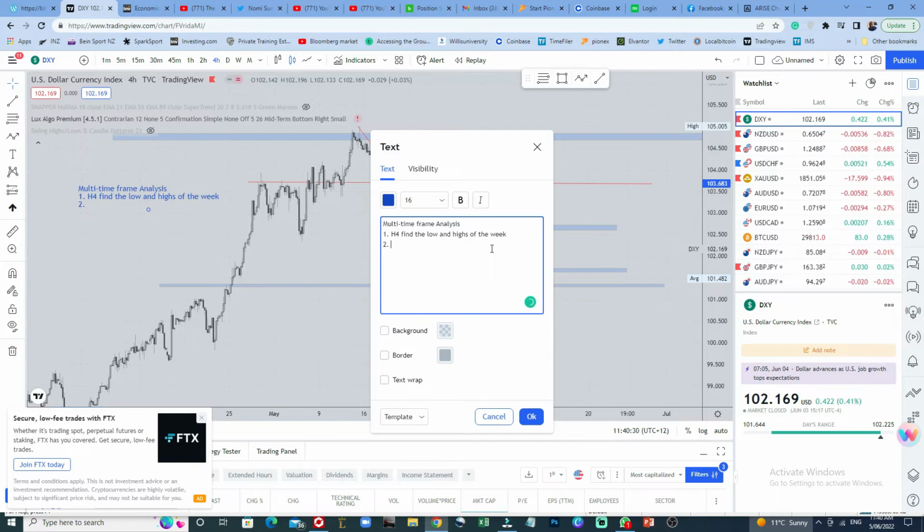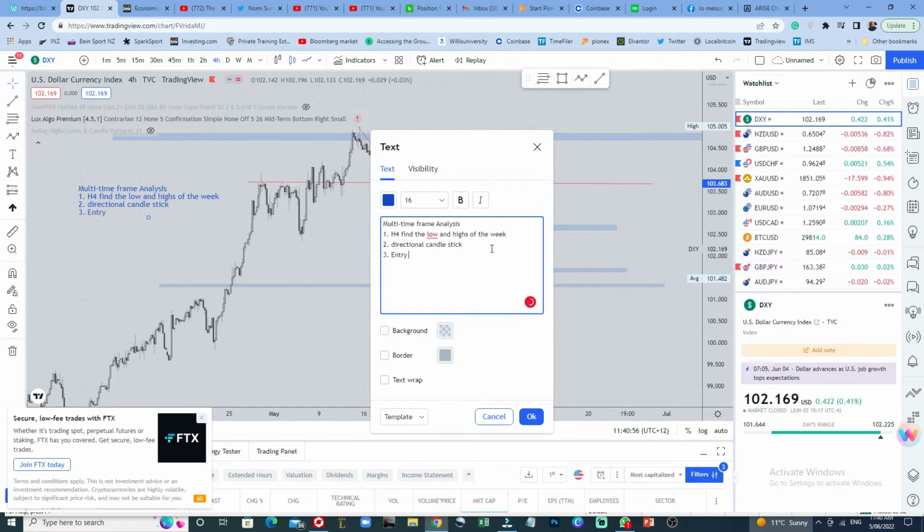Find the highs and the lows of the week. Then find the directional candlestick. The reason why we're finding the directional candlestick is for us to know what the market trend is, whether we're going to buy more or sell more in that week. Okay. 3,